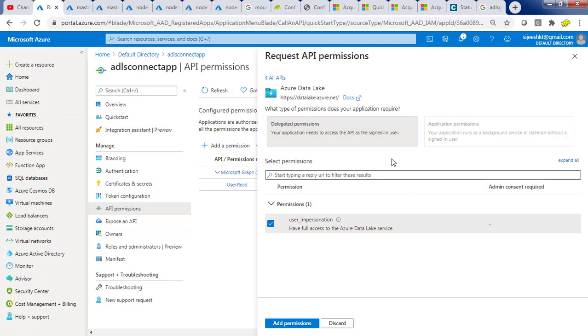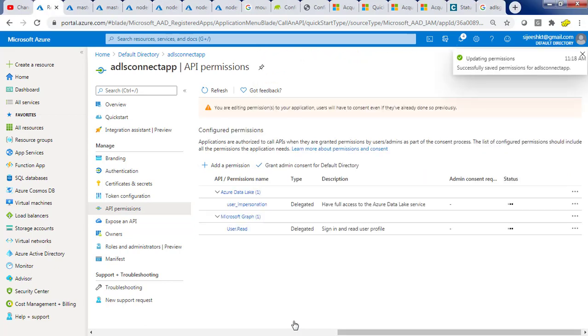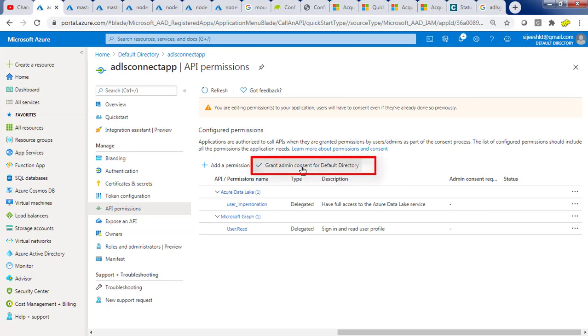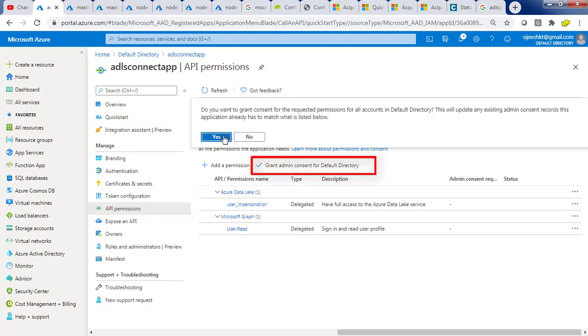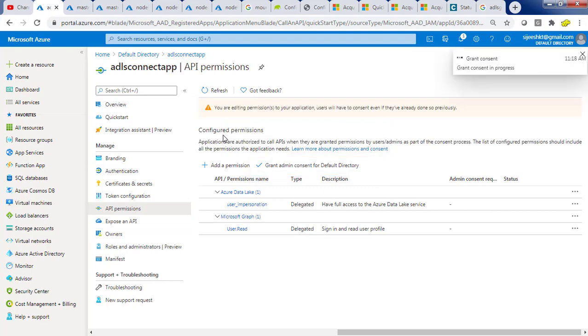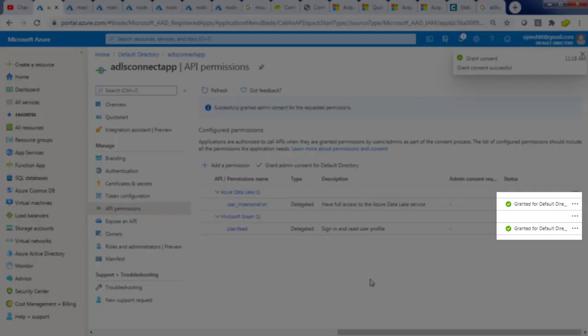Just hit there to select that as well. Once you have selected that, we can go ahead and add this permission by hitting the add permission button. Next we have to grant admin consent by hitting grant admin consent for default. Once prompted, select yes to continue. You can see the status here showing as granted in green.